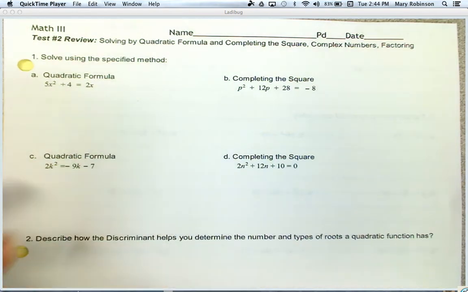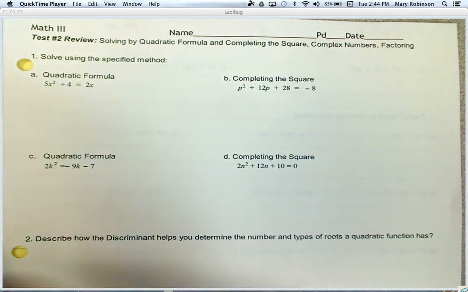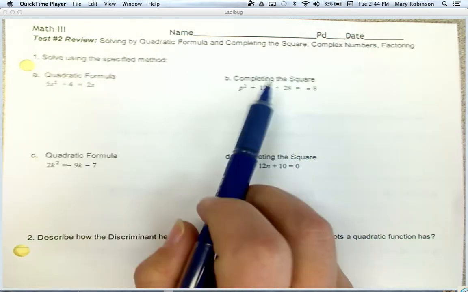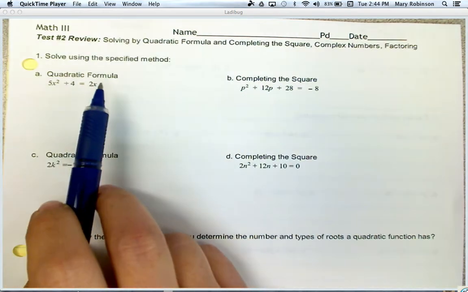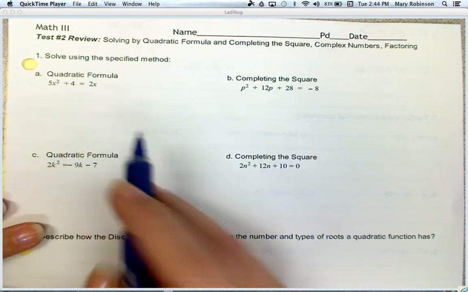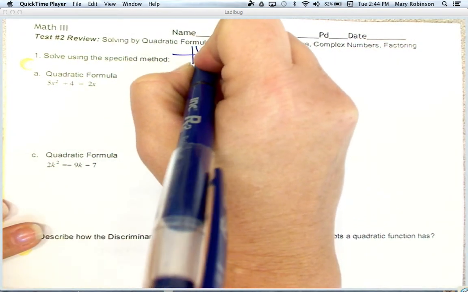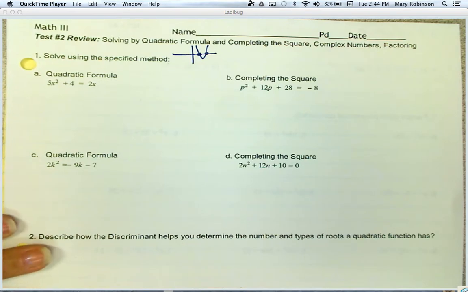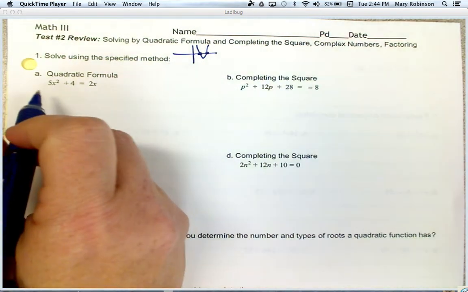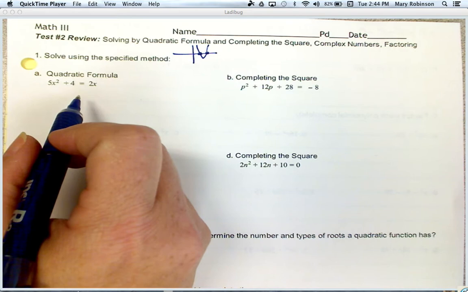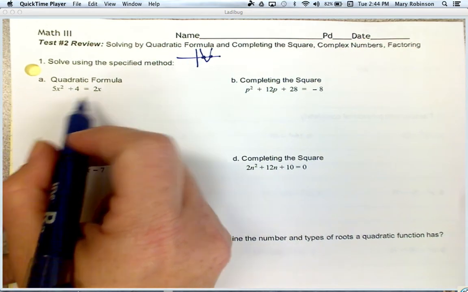For number 1, you've got a combination of using two different strategies to solve a quadratic equation, using two methods here, quadratic formula and completing the square. Please remember that when you're solving a quadratic equation, what it means is you're finding where the parabola hits the x-axis. Alright? So for number 1, in order to use our quadratic formula, we do want our equation set equal